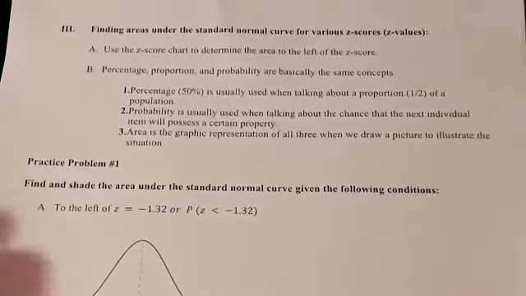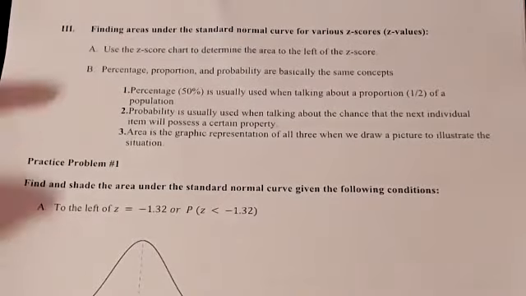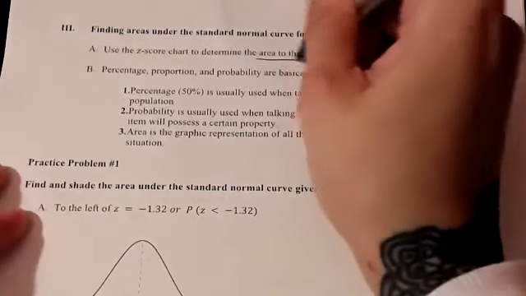Angelica, would you read part 3, finding areas under the standard normal curve for various z-scores? So go ahead and read A and B. So A is to use the z-score chart to determine the area to the left of the z-score. And then B is